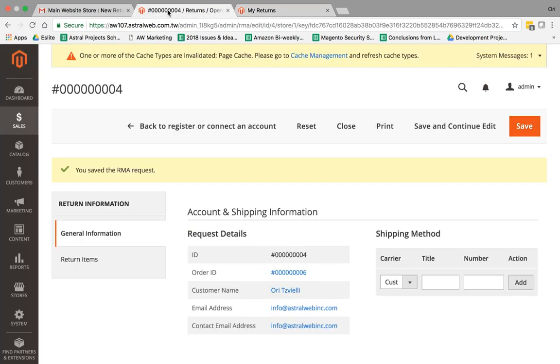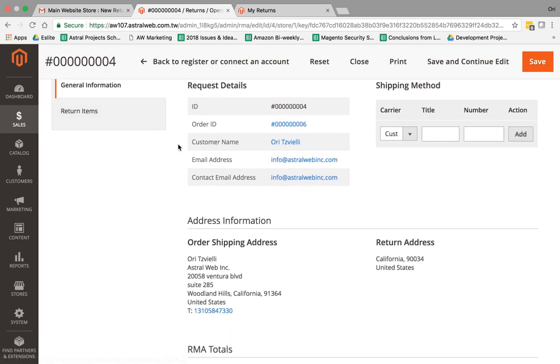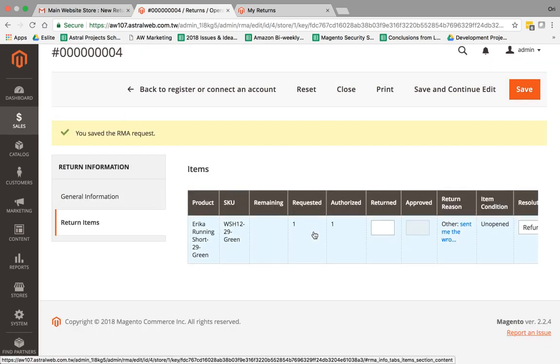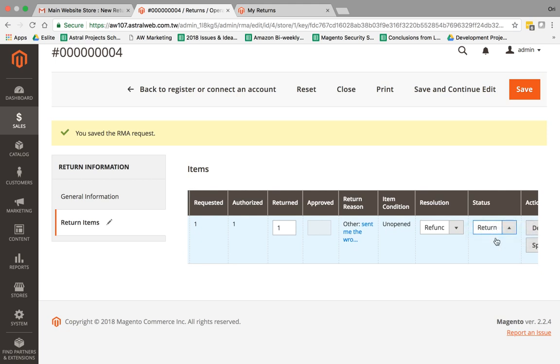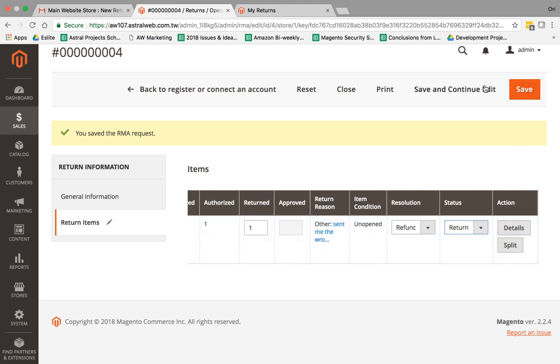It's moving forward. Now the customer needs to actually ship back the product. So let's say a few days pass, they ship the product, and we receive it in our warehouse. Now I need to specify that it was returned, so I go here to status, say it was returned, and save it.